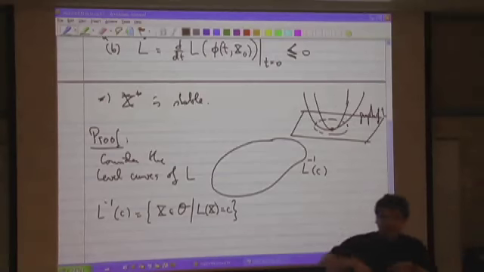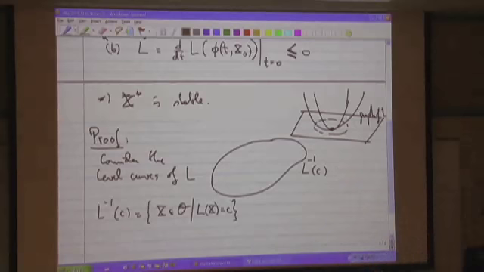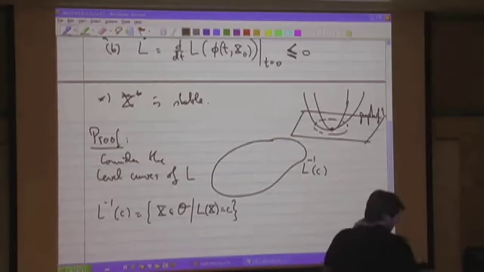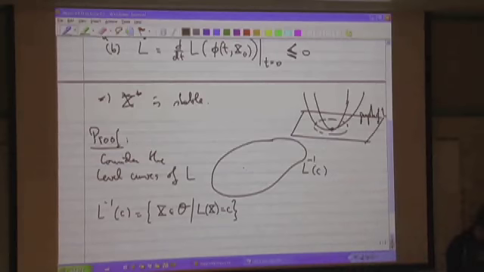They may not be round, they may be deformed, that contain the origin, the x star, inside, right? And this is for one value of C. But what about a different value of C? That will correspond to, for instance, this one here. If it's a smaller value of C, then this is going to be